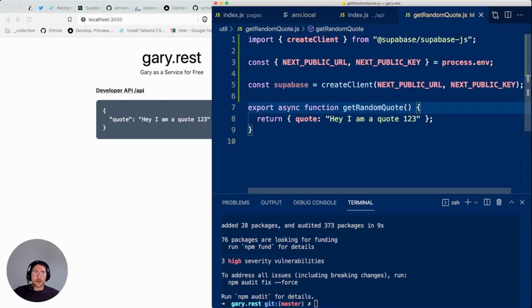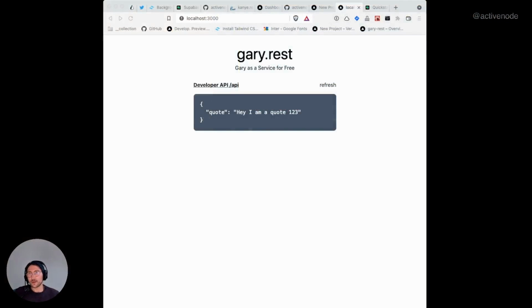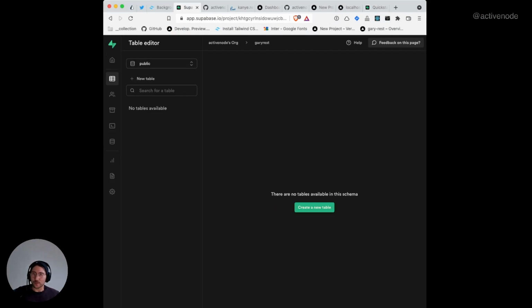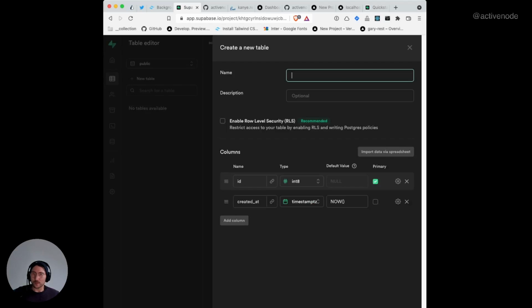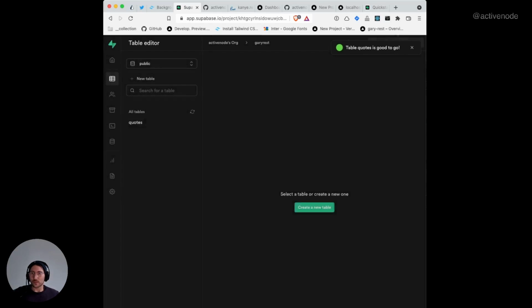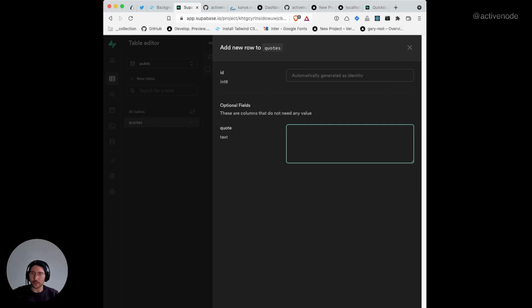Right. All right. Before we can fetch any kind of data, we obviously need to create data and create a database. Well, the database is available, but we don't have any tables. So we switch to the browser, go to Supabase and go to table editor. And as part of the table editor, we will then click on new table and we will call it quotes. And the quotes table will simply have an ID and a column named quote. And this is a text field. What we also want to do is adding 3 rows.